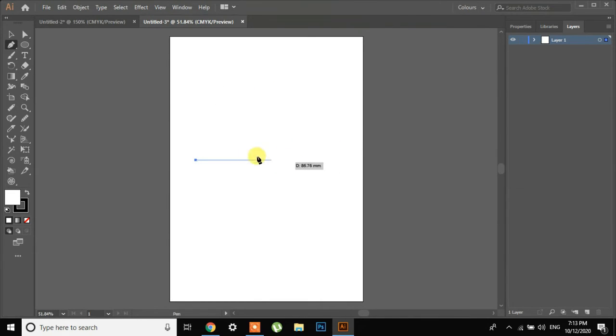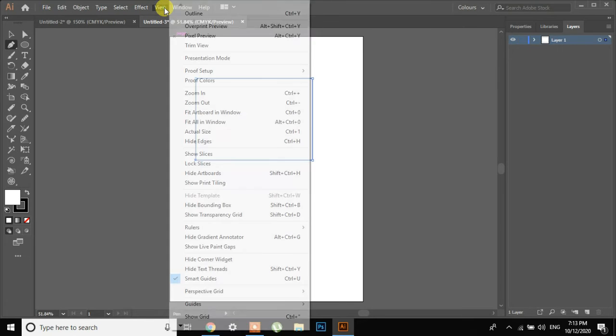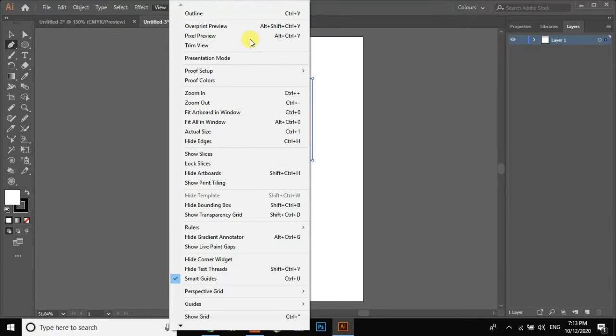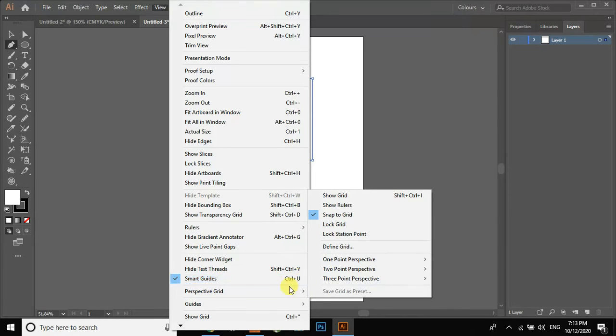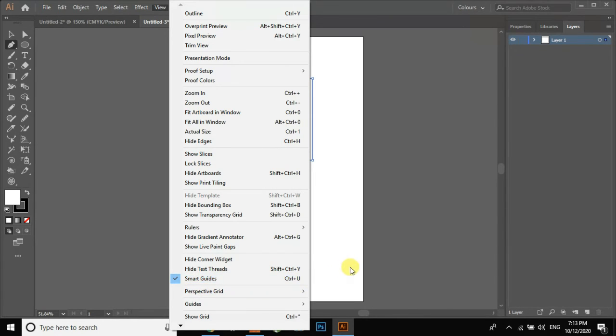So I'll select this point and then make a horizontal line at 0 degree with a length of 127 millimeter, and then while pressing Shift, another point, and then another point, and then another point. Guys, did you see those pink lines which guided me to complete my shape? You can obviously turn on these pink lines. You will go to the View option in the toolbar, and then turn on the Smart Guides. These smart guides are very helpful. They can help you create many shapes and figures. And obviously the shortcut for smart guides is Control U.